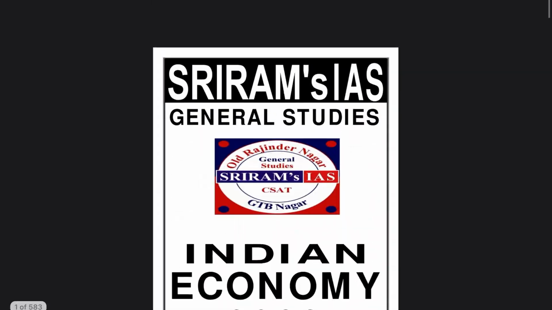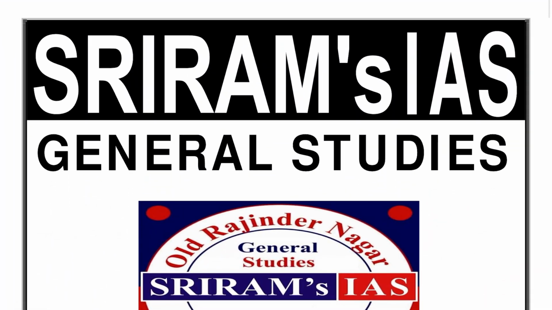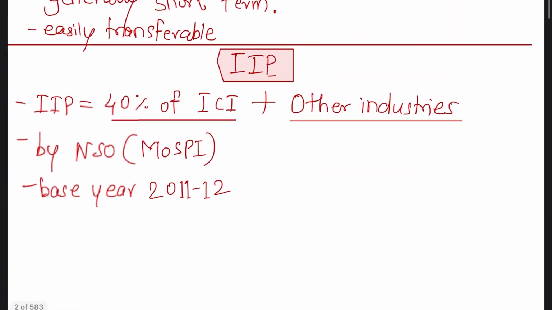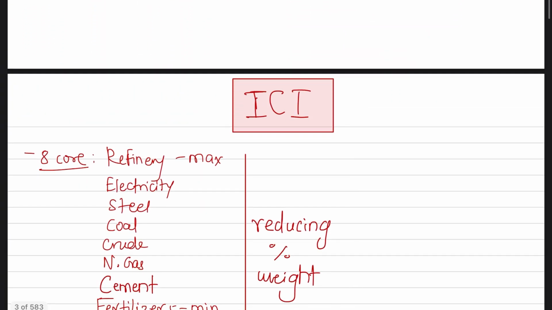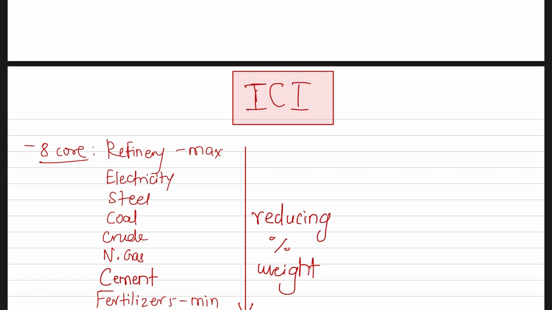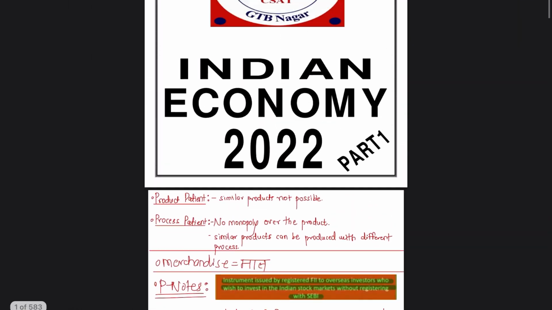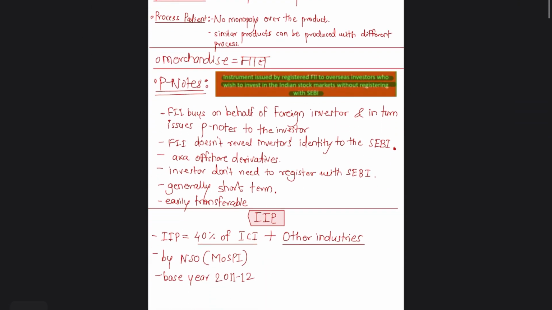But the problem with these handwritten notes is that first, they lack diagrams. There are hardly any diagrams in this booklet, so I myself had to add a lot of diagrams. Second, some content is either irrelevant or outdated, so I had to filter that out myself. And somewhere I felt that a few topics needed some extra information, which I've added there.